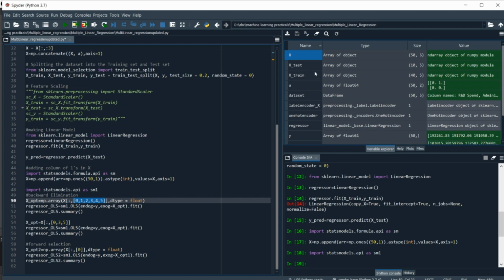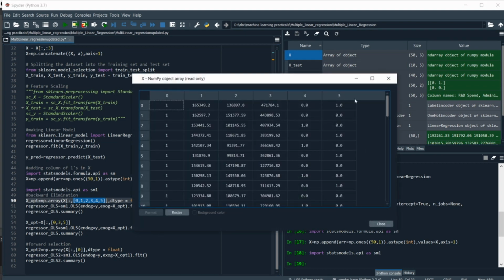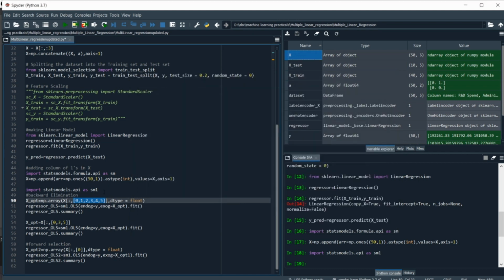In x there are around 6 columns, from 0 to 5, so we use 0 1 2 3 4 5, and then we assign dtype equal to float.